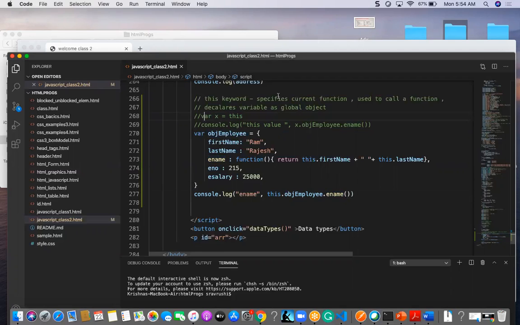Okay. So like that you can call a particular employee's name from anywhere in your application. Okay. That is the use of this. This can be called for a global declaration. This can be called for an object alone. Inside the object, if I want to call a particular variable, that is also possible with this. And it is used to call a function also. Okay, we are calling a function ename. Okay, that's how this is used. And apart from this, we have one more, that is like let